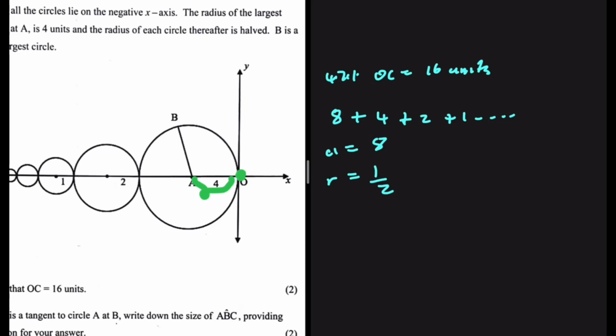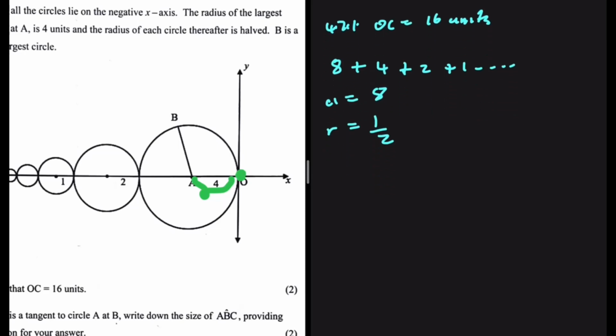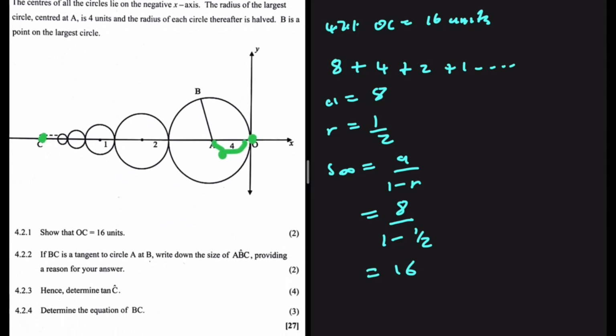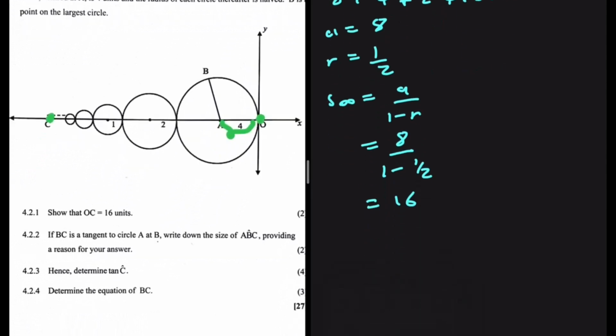So if we have infinite circles between O and C, then we can simply say that the sum to infinity is equal to a divided by 1 minus r. a being the diameter of the first circle, that is 8. And we divide that by 1 minus the ratio. The radiuses are getting halved, so we have 1 divided by 2. And this is equal to 16. So indeed, the value of OC is 16 units. Let's move ahead and do